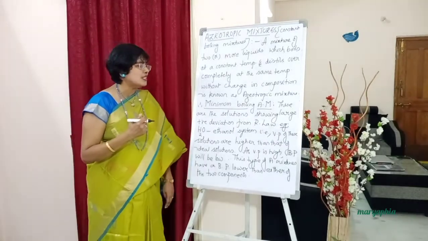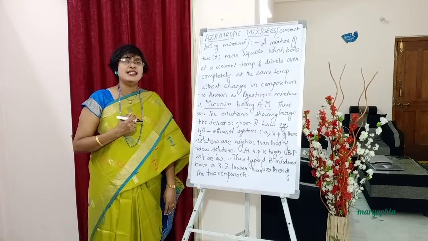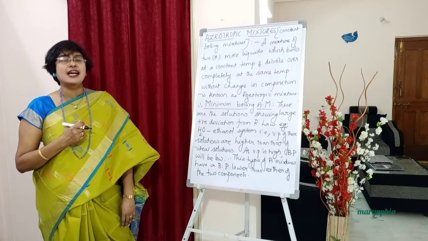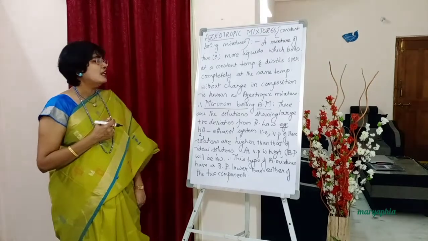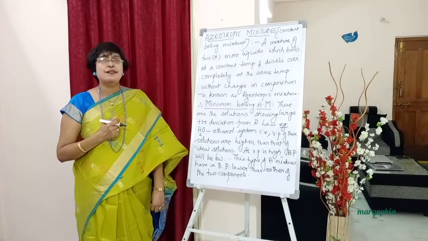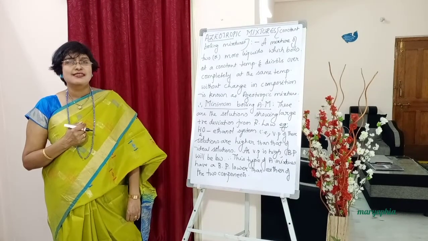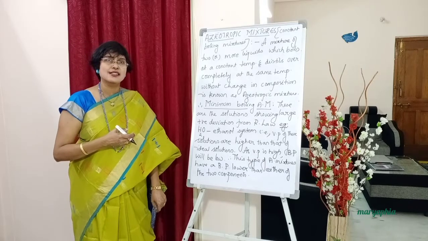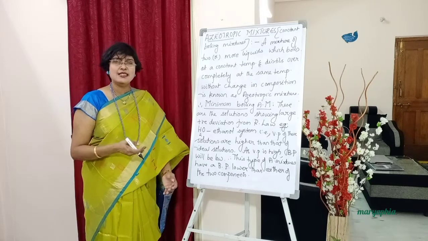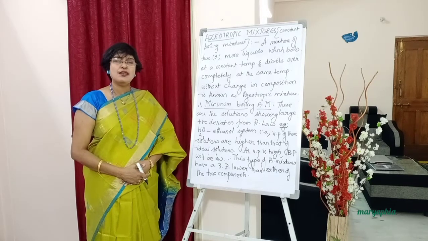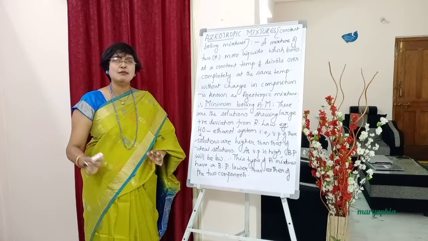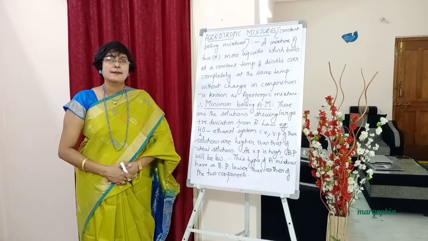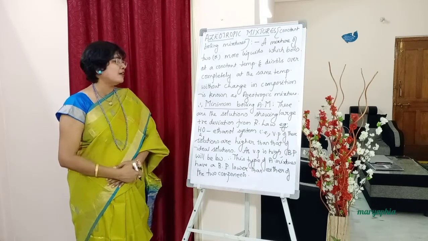These are the solutions showing, these means what? Minimum boiling azeotropic mixtures are the solutions showing large positive deviation from Raoult's law. Where did we come across this, students? We are almost at the end of the solutions. Have we come across somewhere in this semester or previous semester? Do you remember? Without turning back. If anybody remembers, please post in the comment section. A question for you, students. Where did we come across this one?